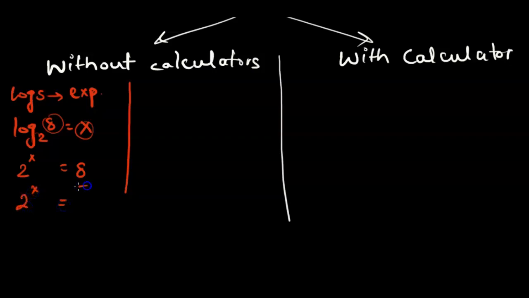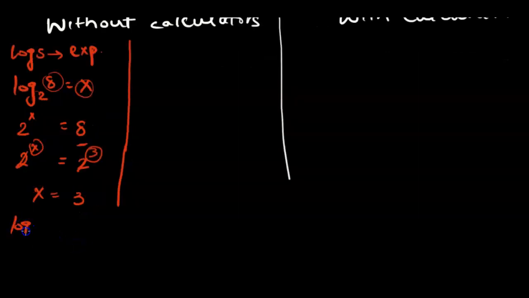So this 8 can be written as 2 to the power of 3. If we have the same bases, we can cancel them out. So we are left with x equal to 3 as the final answer. Therefore, we can say log to the base 2 of 8 is equal to 3, and that's the answer. Another way we can do this is to use laws of logarithms that we learned